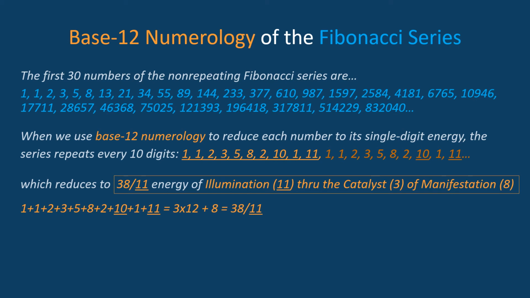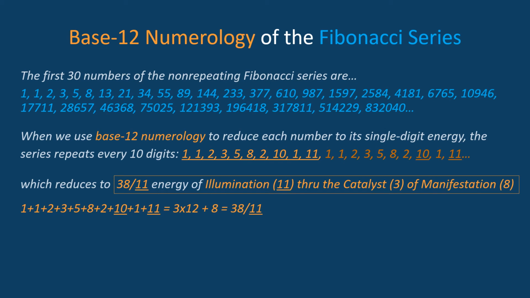Whenever the final single digit comes from the sum of 2 digits before, such as here, those 2 digits are important in numerology. They're considered the inner energies through which the final outer single digit energy is achieved. So here, the 11 energy of illumination is being achieved through the 3 of the catalyst and the 8 of manifestation. So, through the lens of base 12 numerology, the Fibonacci series once again represents a repeating cycle of generations,